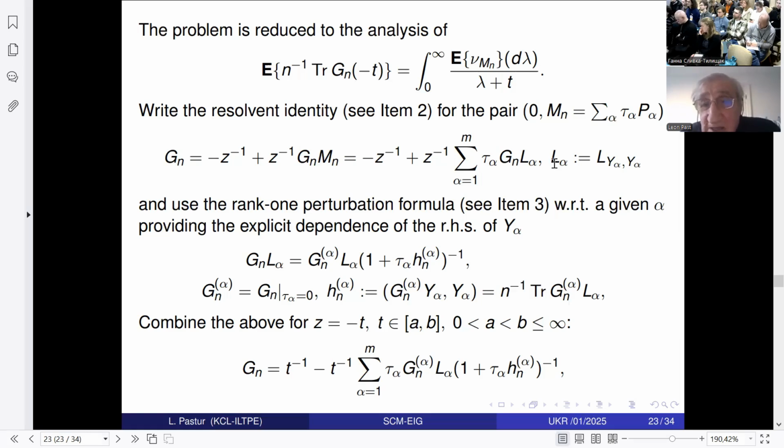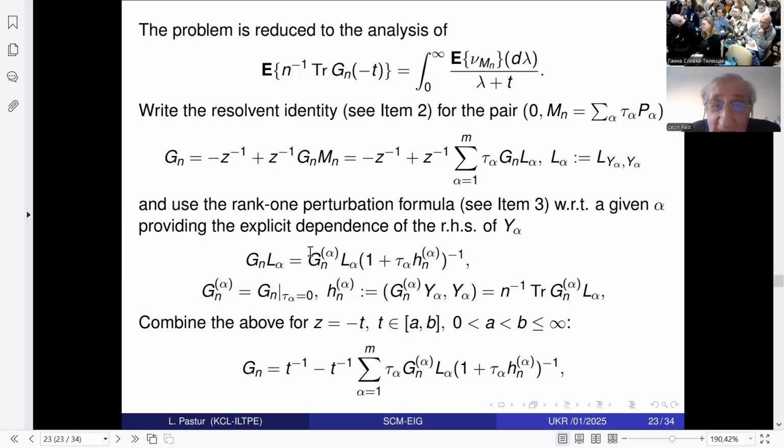And you can easily see from that formula that if you take the rank 1 perturbation formula between Gn and Mn alpha, the matrix in which you just put tau alpha equal to 0, then it follows immediately from the rank 1 perturbation formula that the matrix Gn, yes,